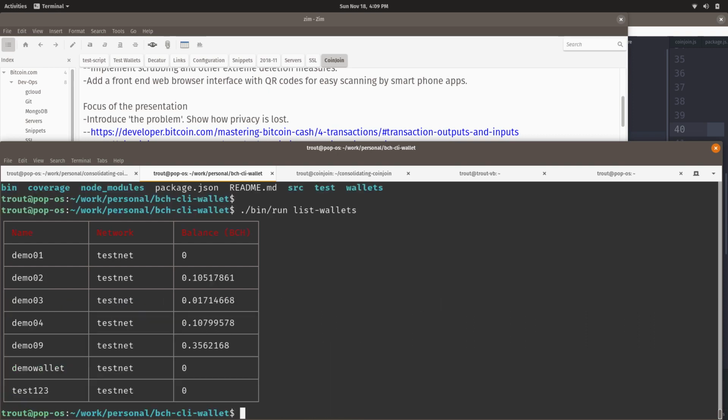It's still the Bitcoin command line wallet. I'm just running it locally, and I want to show what it looks like when I do it locally.